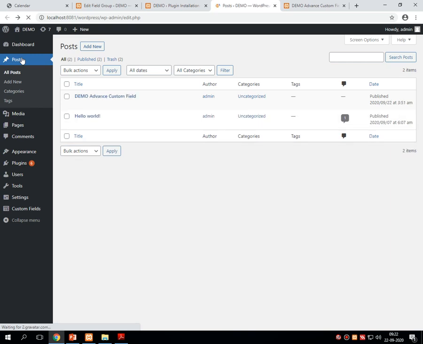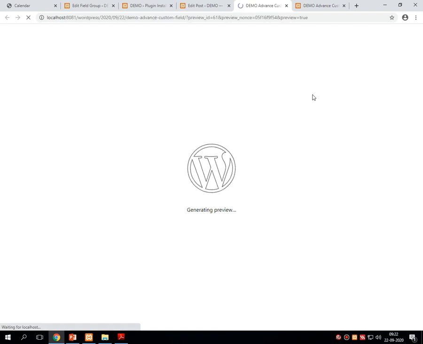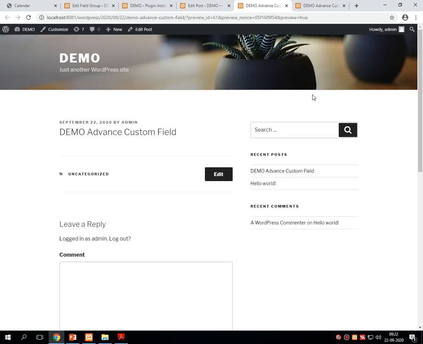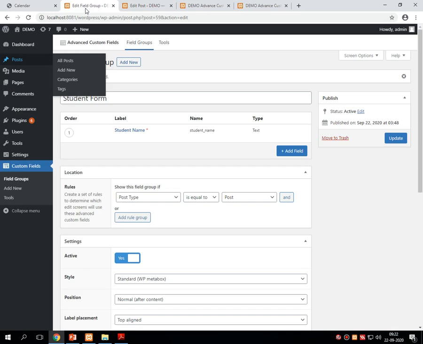Post is created. Yeah, it's successfully created. I'm just editing it. Fine, it shows the advanced custom field over here, right? By clicking on this preview and selecting preview in new tab, my version is updated, so it will be there on the screen. Fine. So now let's expand the thing for another option.